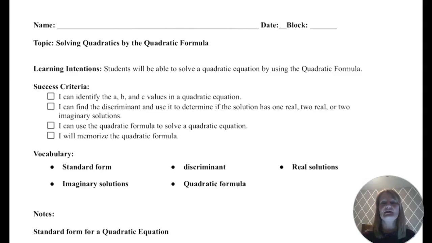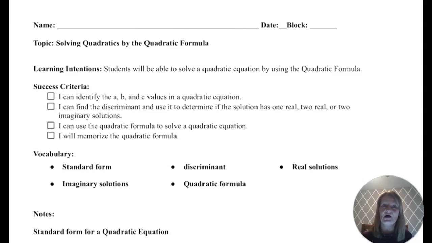The first thing that you're going to need to be able to do is to identify the A, B, and C values of a quadratic equation. If you can't do that, it's going to be very hard to get past the rest of this. The other is to be able to find what's called the discriminant. The discriminant is simply part of the quadratic formula that's going to tell you how many solutions you're going to have: whether you're going to have one answer, two answers that are real, in other words, I can graph them on the number line, or two imaginary,